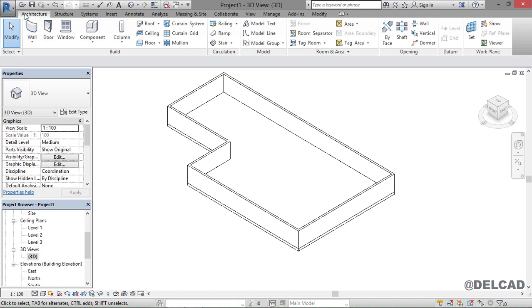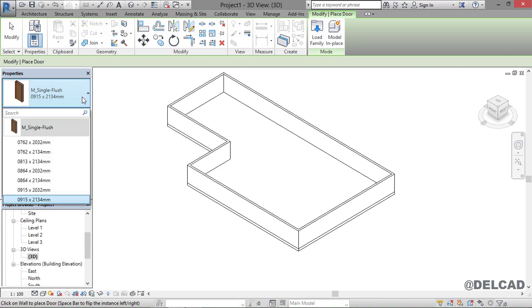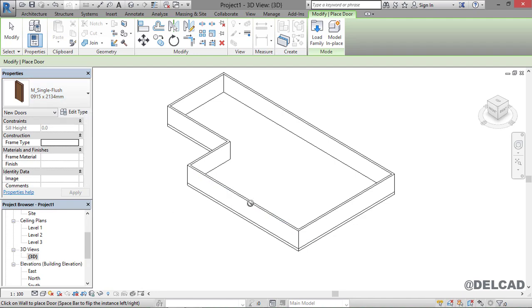So go over to the architecture tab under the ribbon, and we can select door or window. Let's say we are adding the door first. On the properties window here we have all that is concerning the door. We can click on this drop down to pick any door of our size. I'm going to work with the default door that is available,